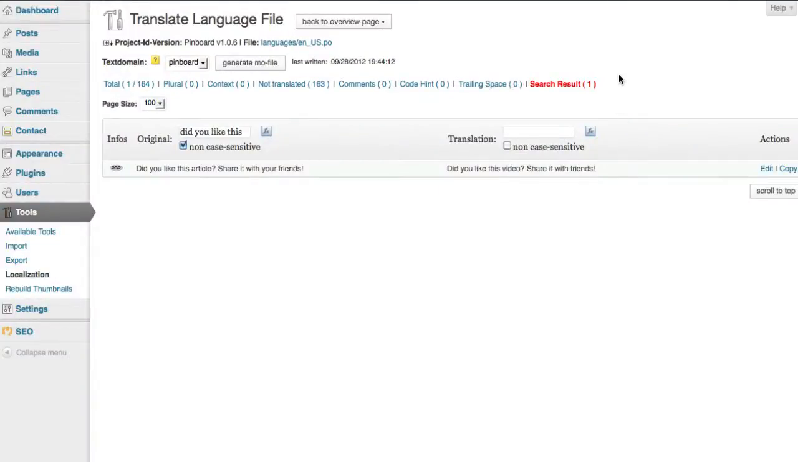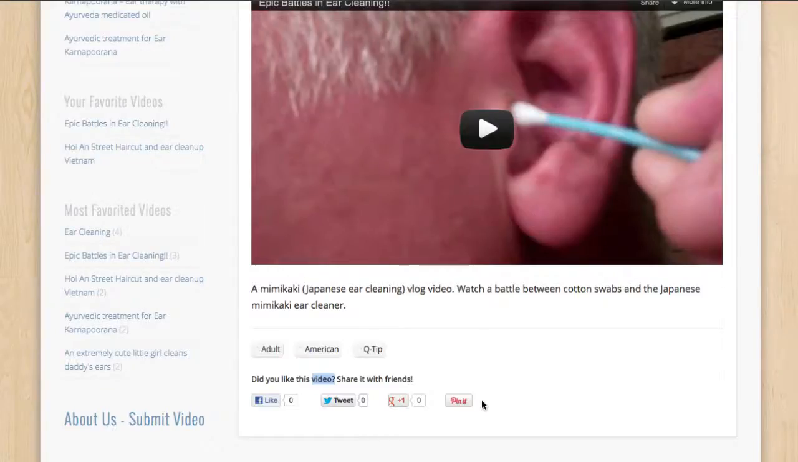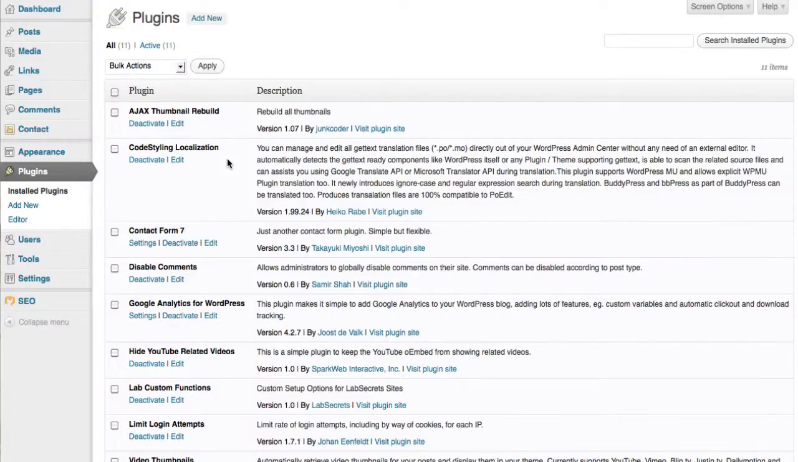And the next step, the most important, is I need to use this button here called Generate MO File. And what that does is it generates the special language file that is used by WordPress to replace the term over here. So it says the replacement one. All right. Okay, now that we've done a little bit of research on how to use Code Styling Localization,